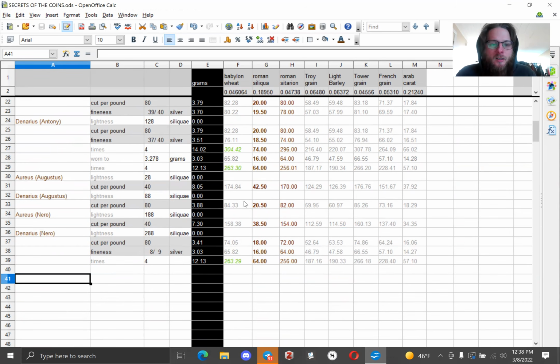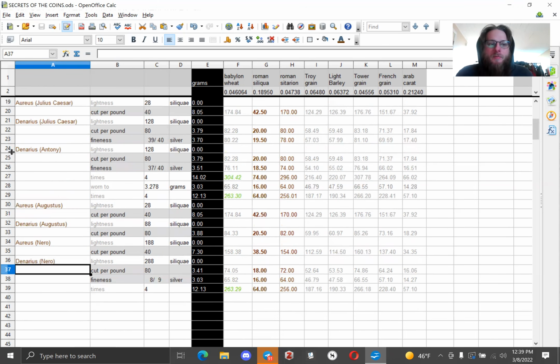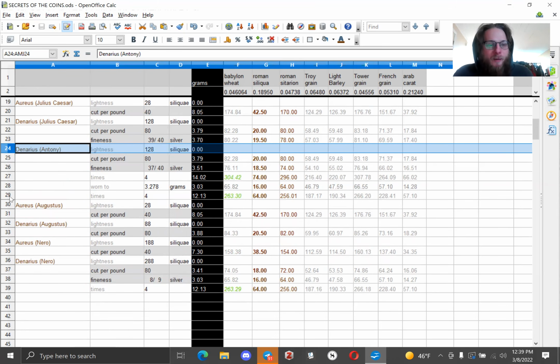And what did he do? Well, basically he drastically decreased the weight, so he made the coins lighter. Augustus's denarius is probably 20.5 siliqui, about 3.88 grams. Nero not only lightened the denarius, but he also debased it, such that it probably contained about 16 siliqui of silver. Why this number? Well, it seems likely that Nero was observing that the Legionary Denarii of Mark Antony were